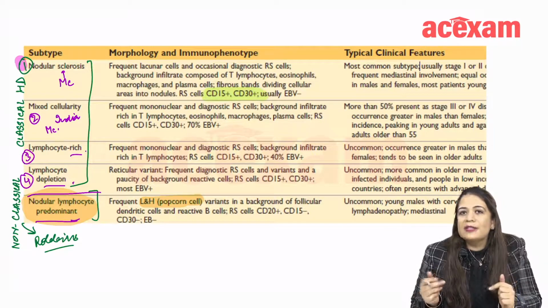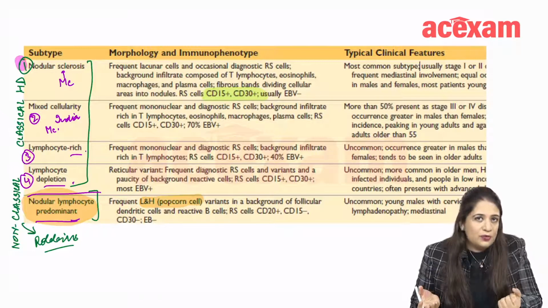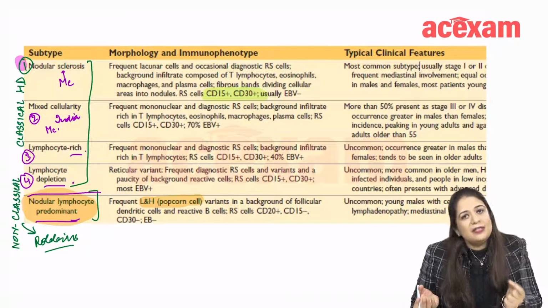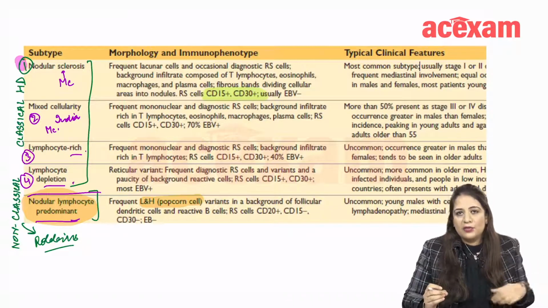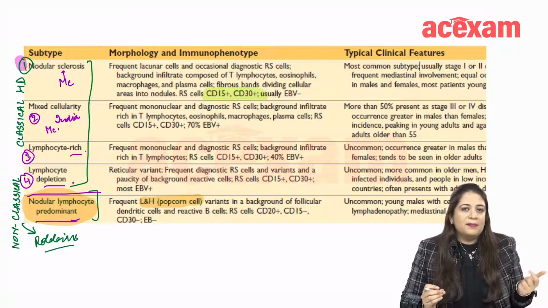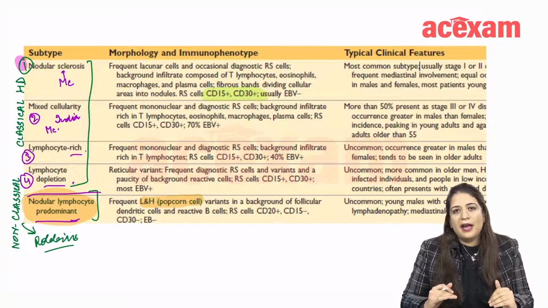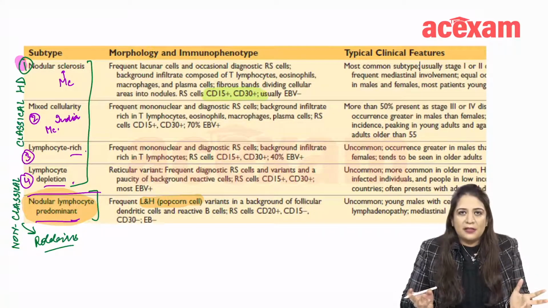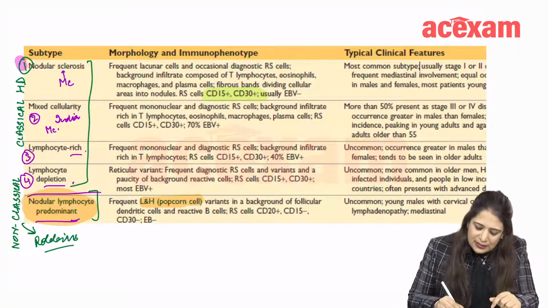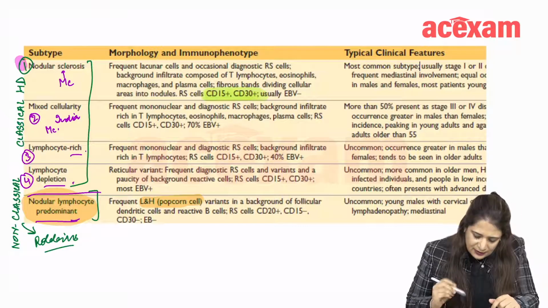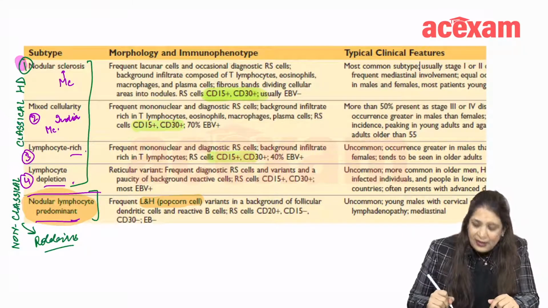So these Reed-Sternberg cells are the ones which are actually the tumor cells, the ones which have undergone these mutations in their genes. And these Reed-Sternberg cells, by means of crosstalk with the surrounding lymphocytes, plasma cells, eosinophils, bring them together, and that is why you see the classical reactive background in these lymphomas. So the Reed-Sternberg cells are CD15, CD30 positive in all of these variants, except for,